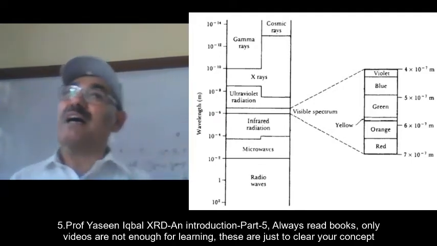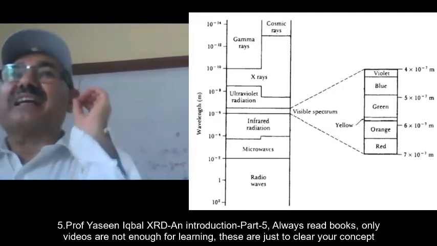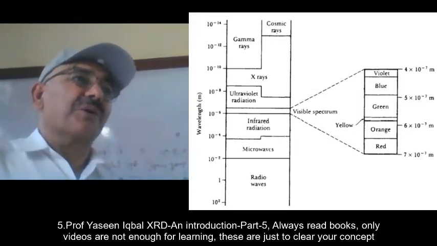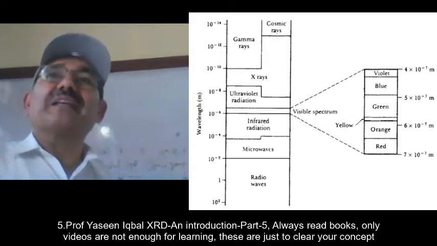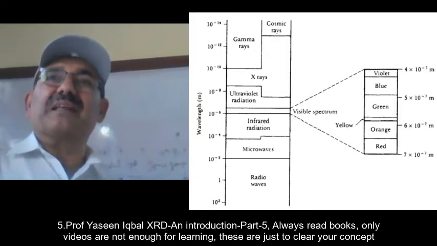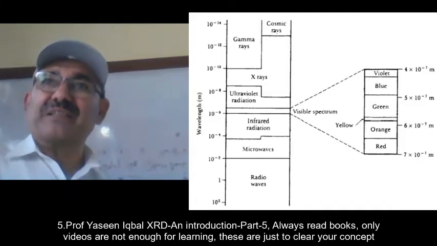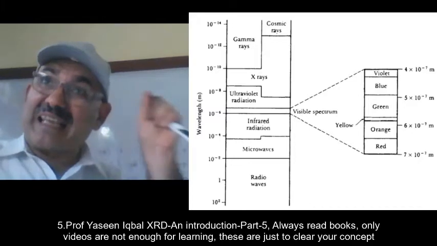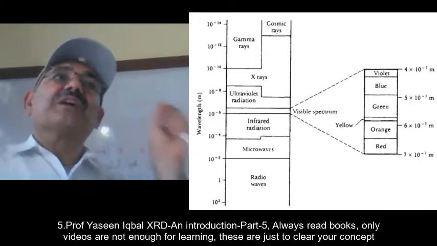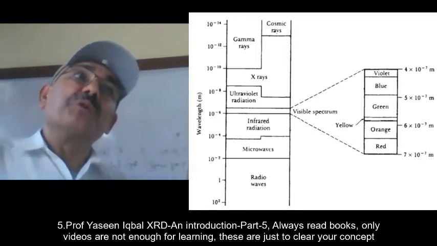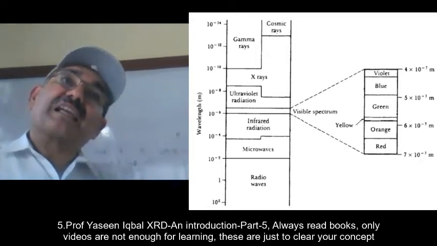And that is why X-ray is the ideal technique for X-ray crystallography, for phase analysis, for crystal structural analysis of materials, right? I told you that X-ray is used because the dimensions of unit cells are comparable